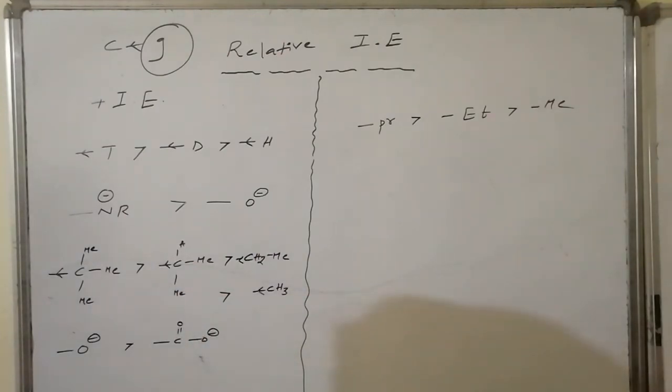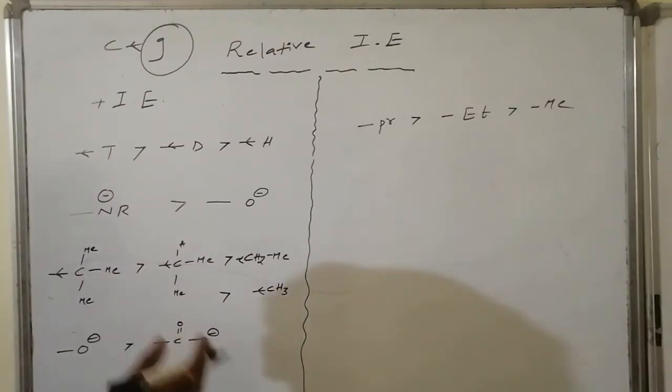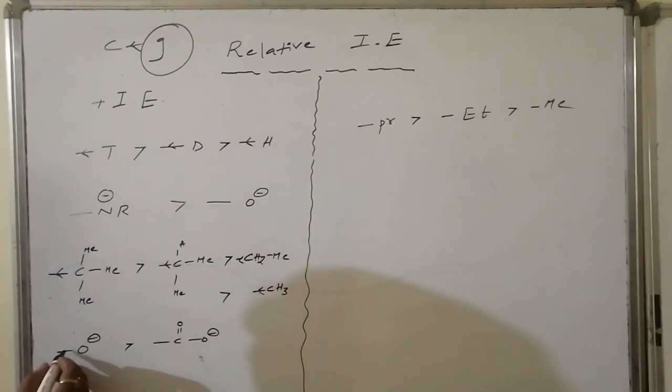Similarly, in the case of the oxide ion minus and the carboxylate ion minus, the carboxylate is involved in resonance. As a result, electron density is sometimes present on this oxygen, sometimes on that oxygen, 50% of the time on each. Therefore, the availability of electron density on the oxygen is less, as it is shared between them. Hence, you can feel that it is associated with less average electron density. Here, the oxide ion has higher electron donation ability compared to the carboxylate ion.